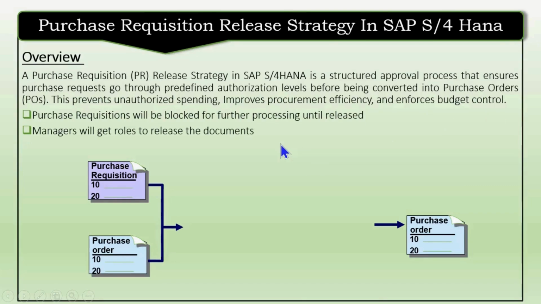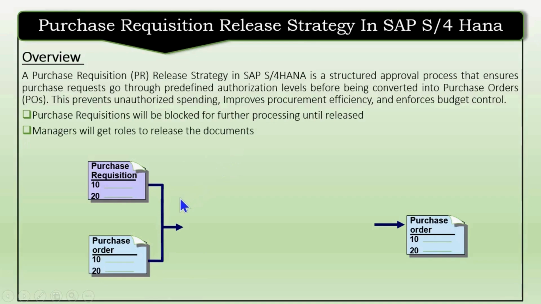In a company, there are several departments. If it's a manufacturing company, there will be production and planning, plant maintenance, then you have the finance department, materials management department, and so on and so forth. Whenever those departments require a material, they create a purchase requisition. That is an internal document. If the company has implemented the purchase requisition release strategy, in that case, there will be